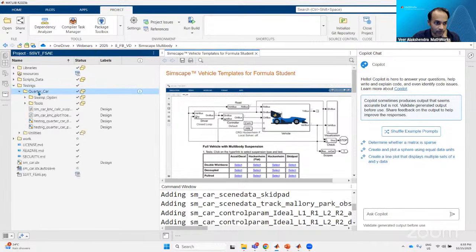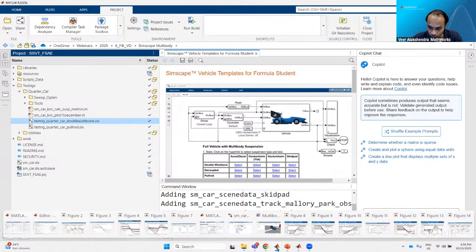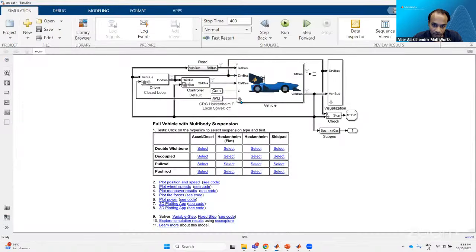Okay, and in here we have added some quarter car blocks. You can see that different test rigs are there. This is the old version, so that's why you don't see all the options. But we have double wishbone, pull rod, and decoupled suspension added in the quarter car folder. Okay, so going back to the main model over here,